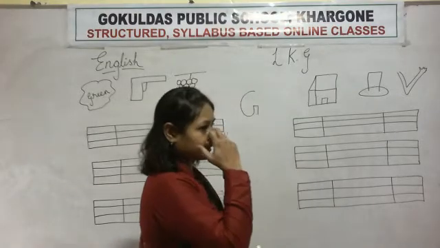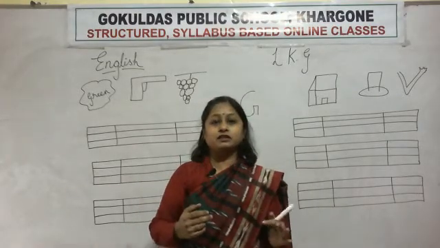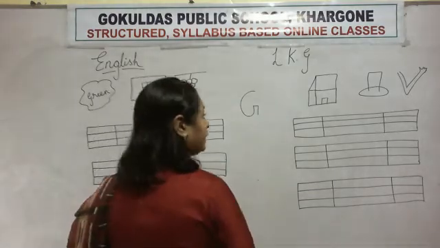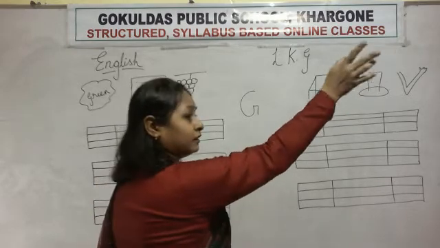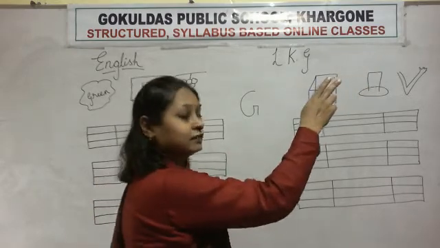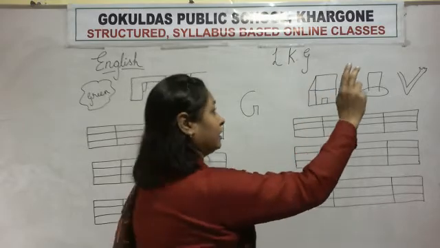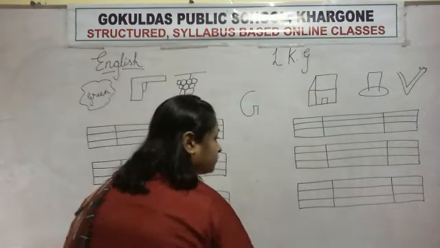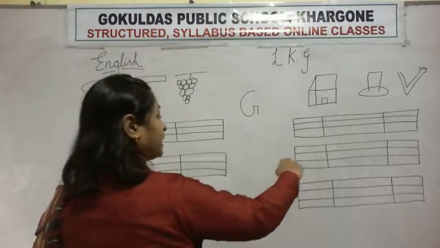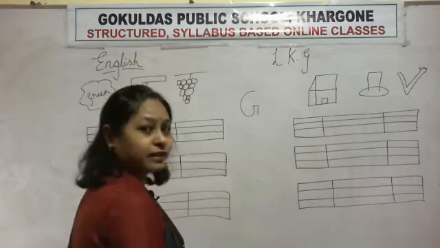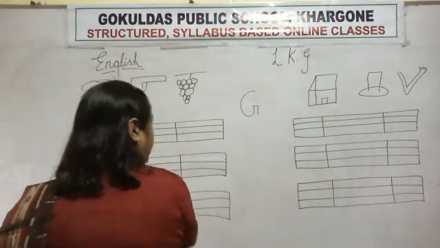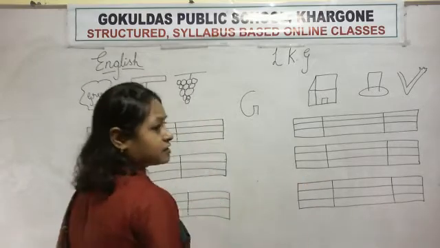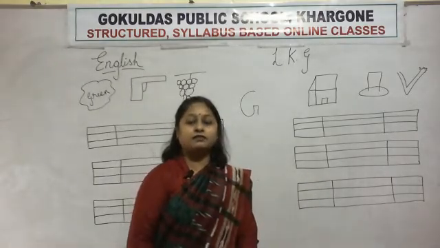First, okay, all of you stand up, students. Stand like me, like this. Now raise your right hand. Now make G in the air. First, half circle. Then up, sleeping line, down. How will you make G? Half circle, up, sleeping line, down. What is this? G. Now try yourself.